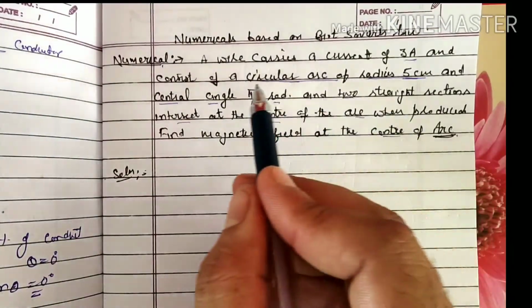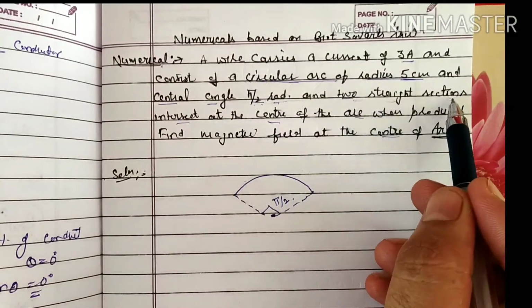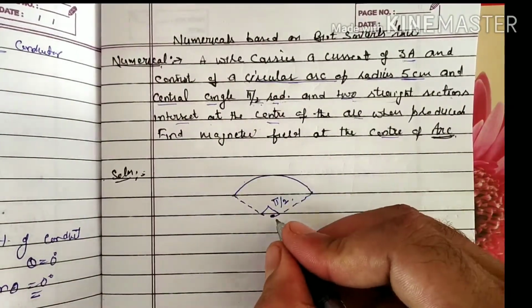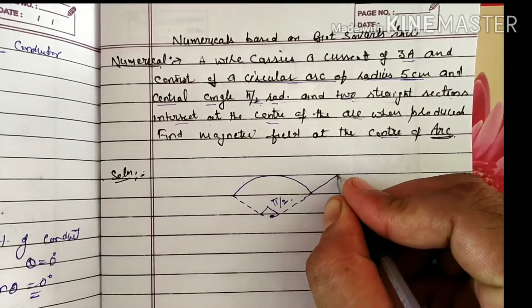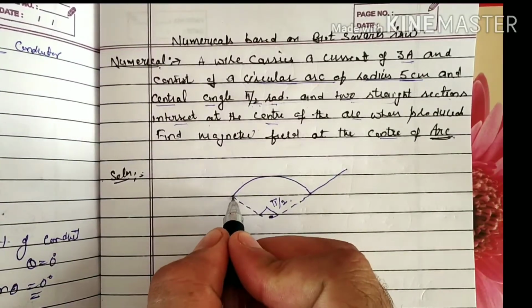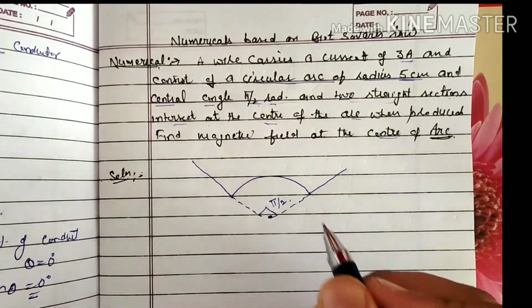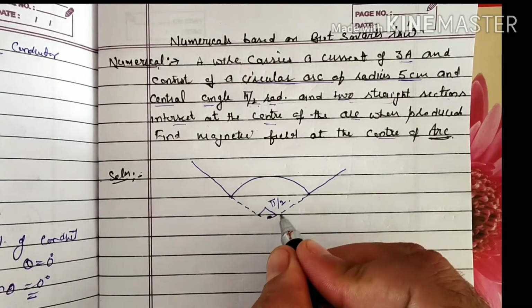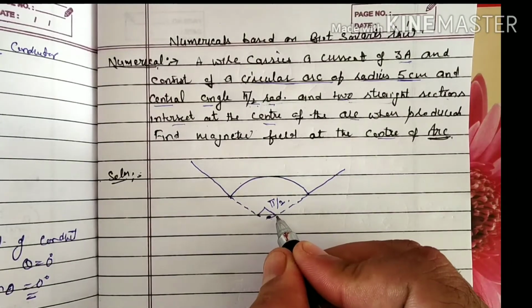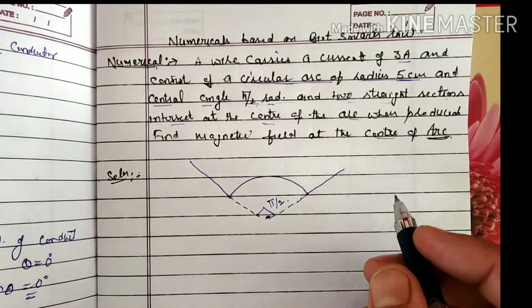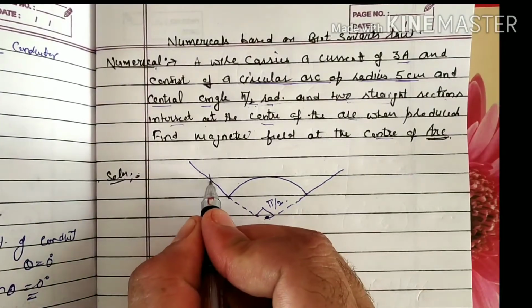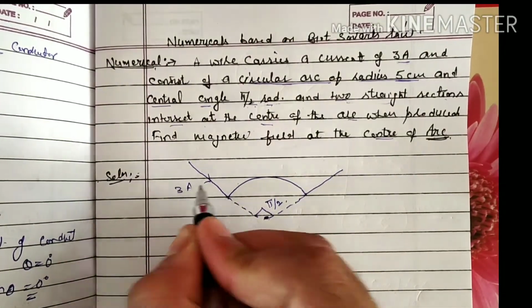Okay, and having two straight sections that intersect at the center when produced. So these are the two straight sections. And a current of 3 ampere is flowing through this